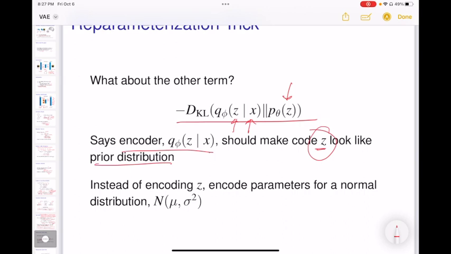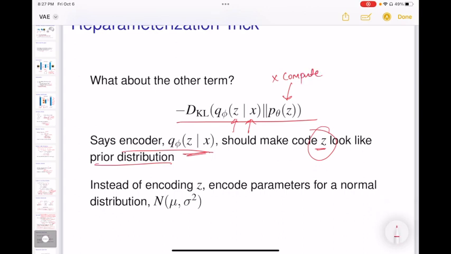This distribution should be as close as possible to the conditional distribution, which is the encoder, and the KL divergence between these should be minimized. But how do we do that? Because we're not really able to compute what this p theta of z is,